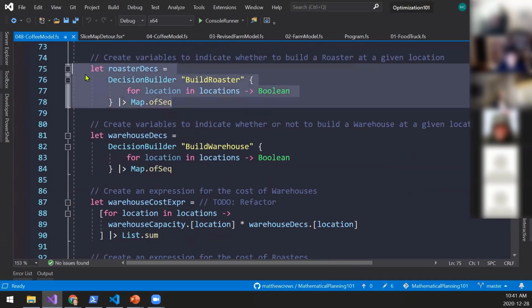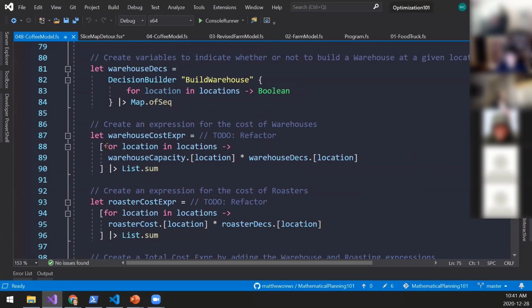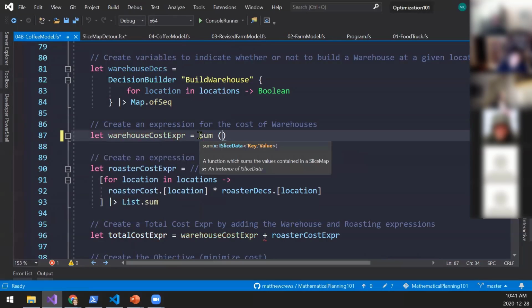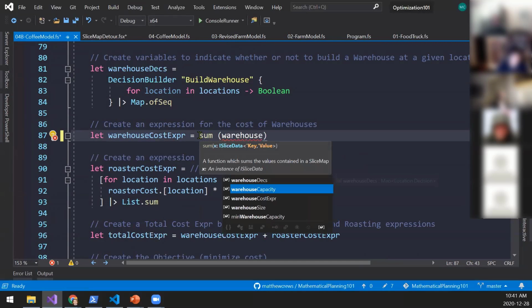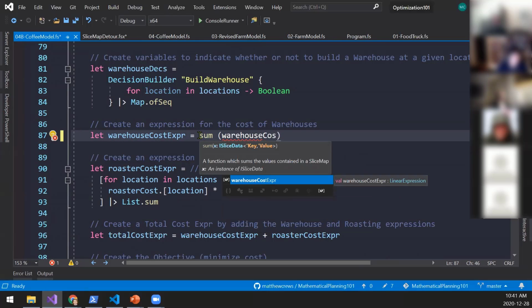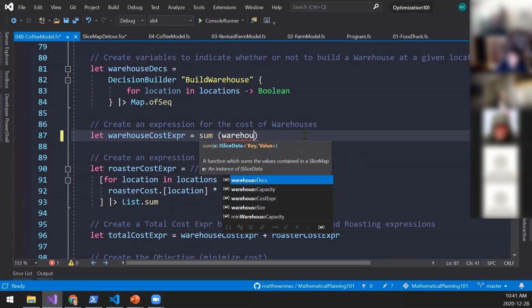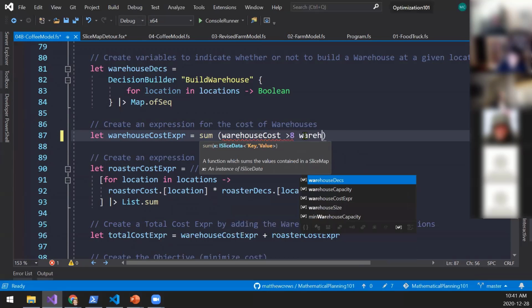And now all the same code that we saw before, but now let's do some refactoring. So instead of the warehouse cost expression being this whole thing here, now it is going to be the sum of warehouse cost. Wait. Where's warehouse cost?